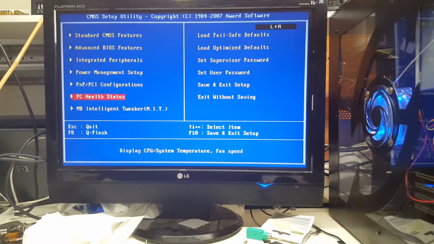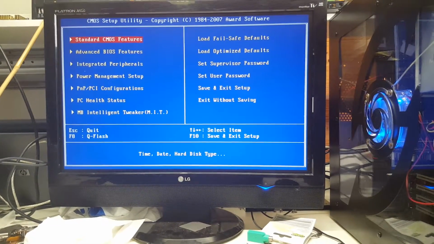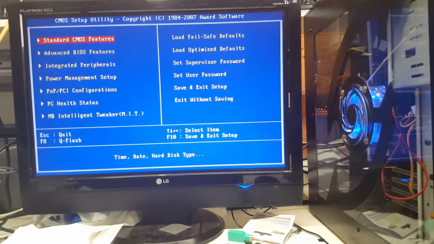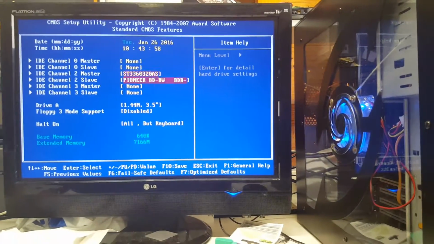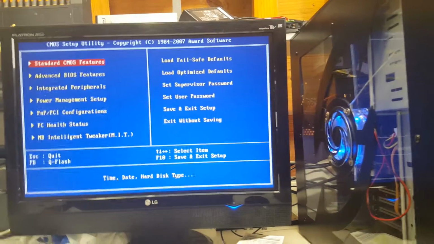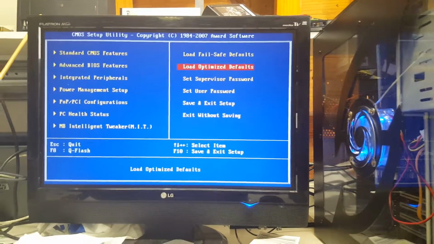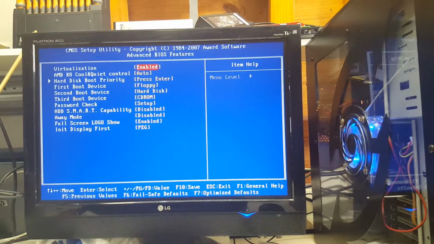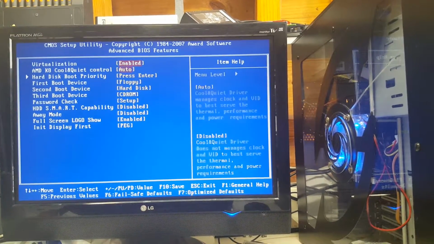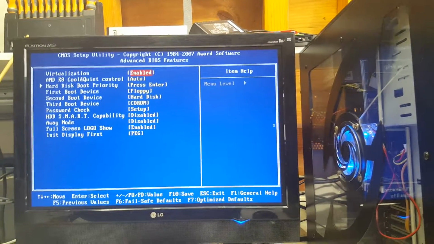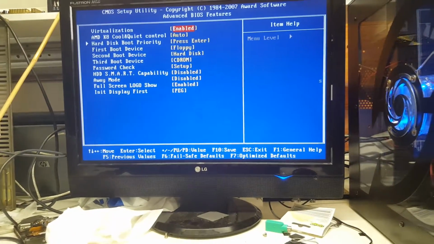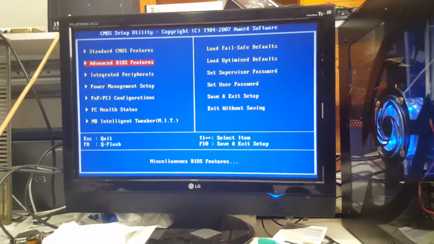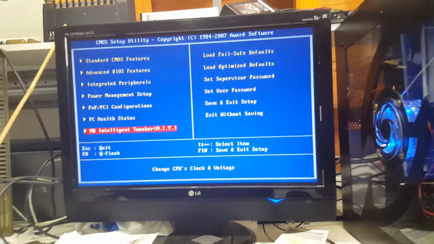This is a Gigabyte BIOS, this is an Award BIOS. I don't like it, I like the Phoenix BIOS, it's better. But in the standard CMOS features you can change all this stuff. For some reason, because I reset the BIOS before I did this, they had the virtualization disabled, and that kept annoying me. So, yeah. First thing you're gonna do is go to the BIOS